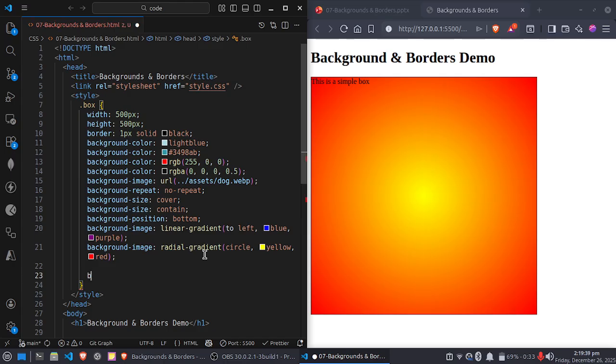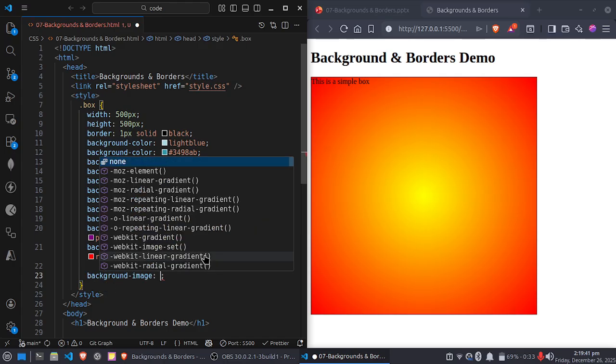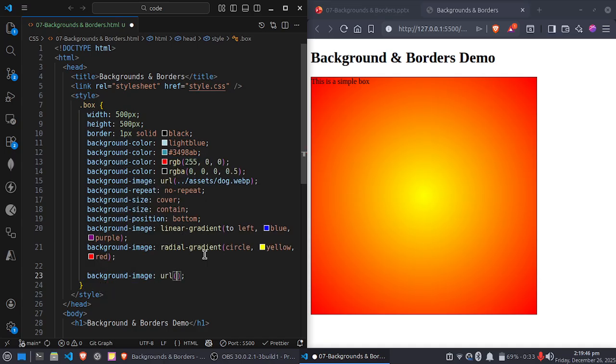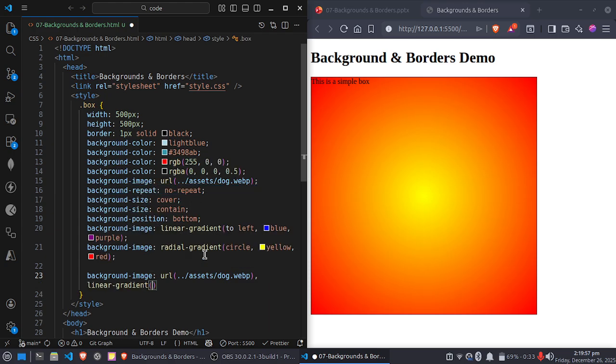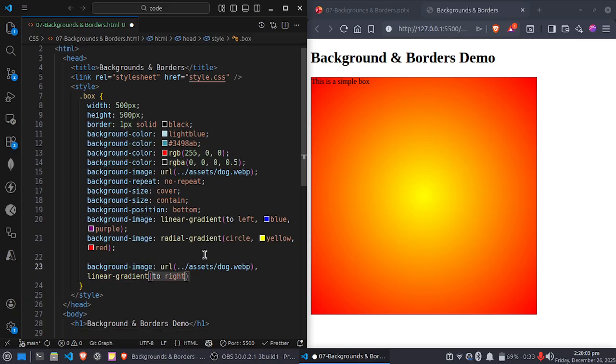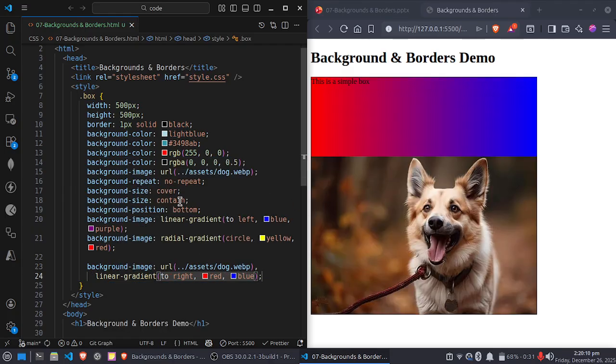So for that, background image, and first set the URL, the assist and dog.web, and give the second image gradient to right, red to blue. So if you see here,